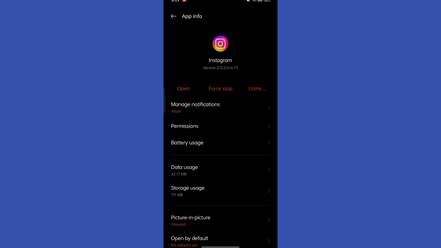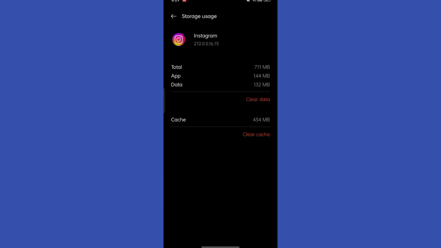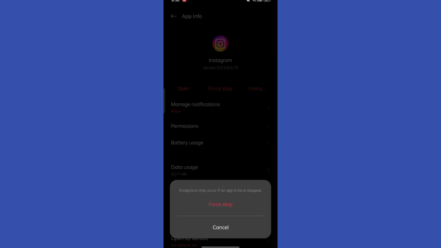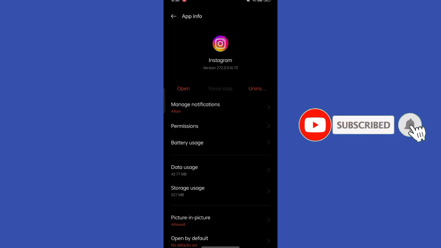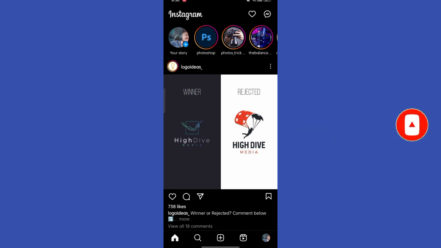Then in Instagram, go to storage usage and click on clear cache, so that all the corrupted cache memory will be cleared and you will get a resetted version of Instagram. And after that, go back and force stop the application. After doing these two things, just again go back to your Instagram, and most probably this time your Instagram will